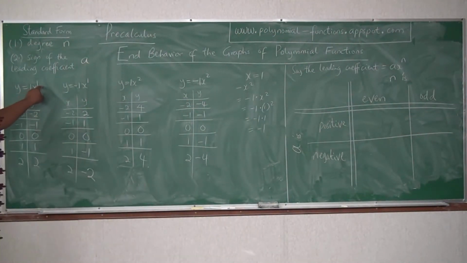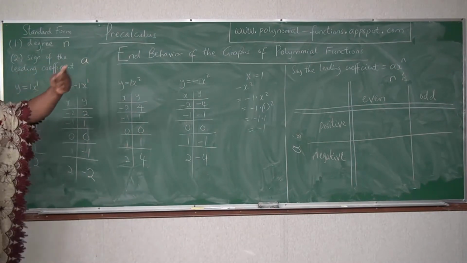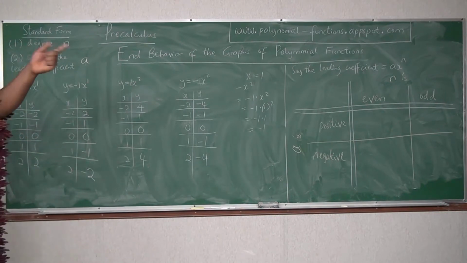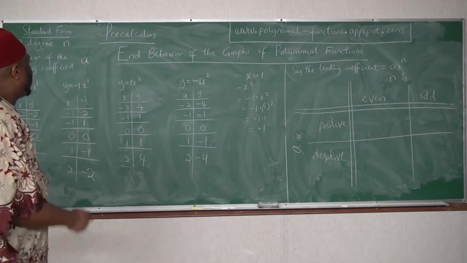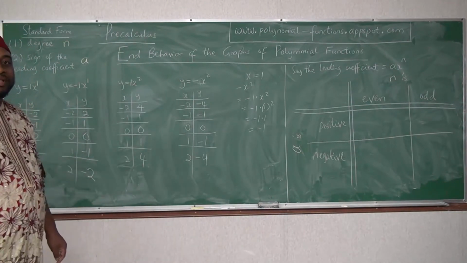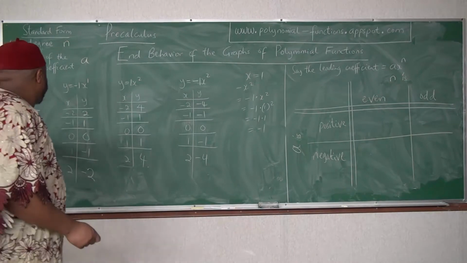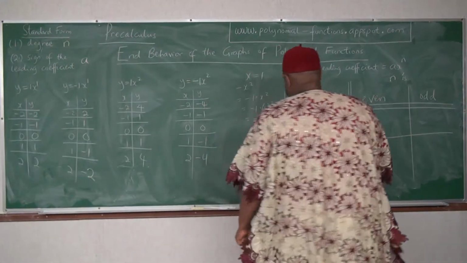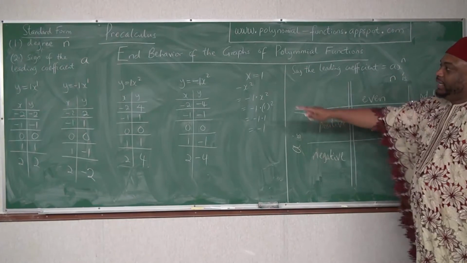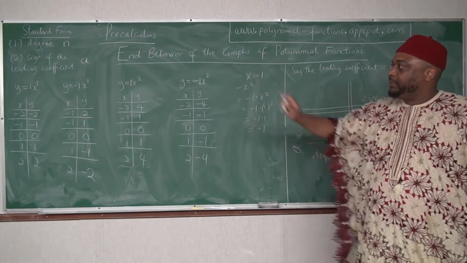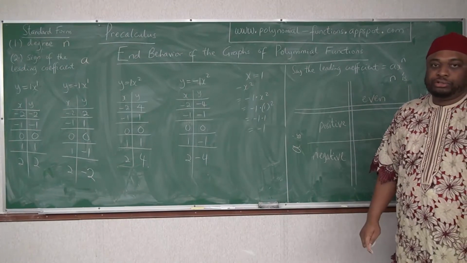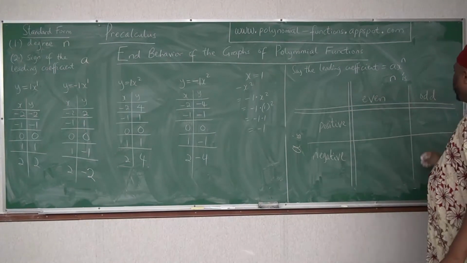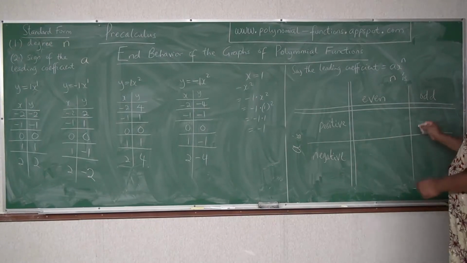x to exponent 1 is a linear function. It works for the cubic function, for pentic, x to the 5, for heptic, x to the 7. So for all odd, it will follow the same trend. As you can see here, when a is positive, okay, a is positive, and the degree is odd. Degree is odd. As x approaches